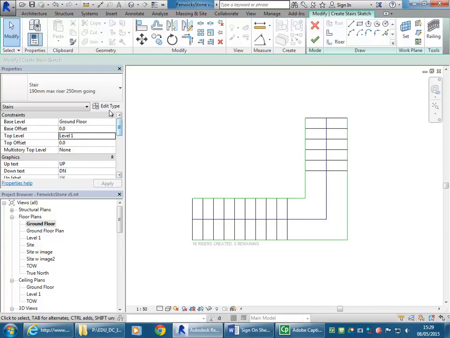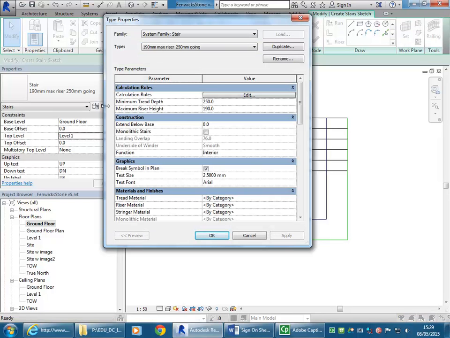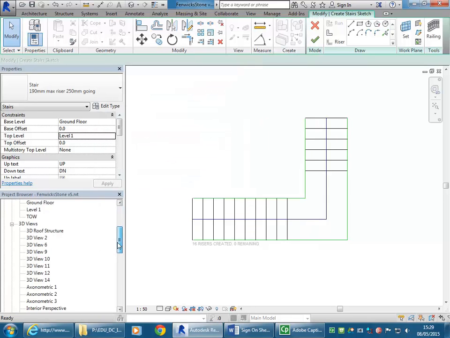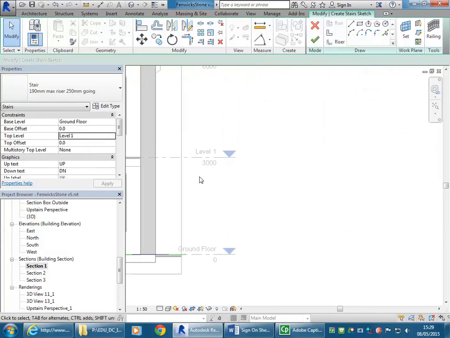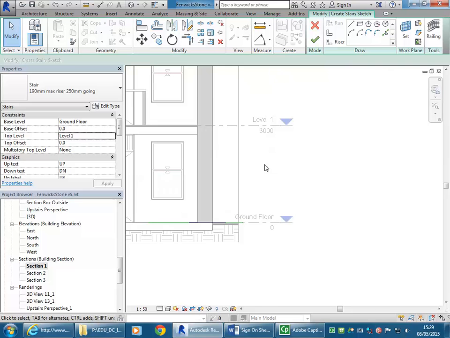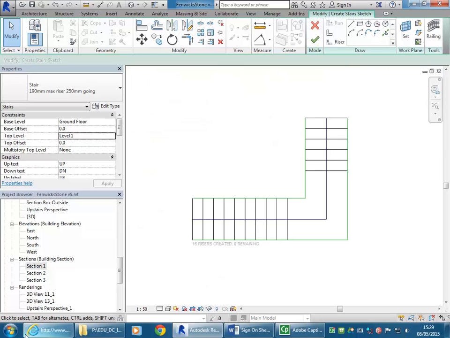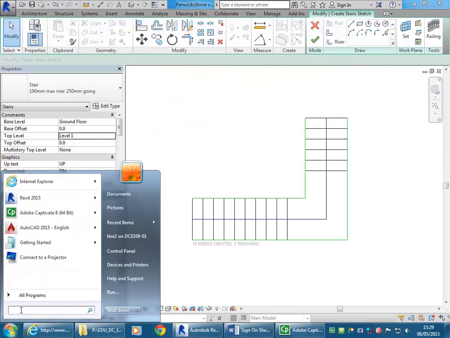And so then, as you're saying, it does have tolerances, mostly for the maximum riser height. For Australian stairs, the maximum riser height is 190. And you can see there, just by going to Edit Type, it tells us what the maximum riser height is. Okay, so then looking at the section, level 1 is 3 metres. So if we open up the calculator,